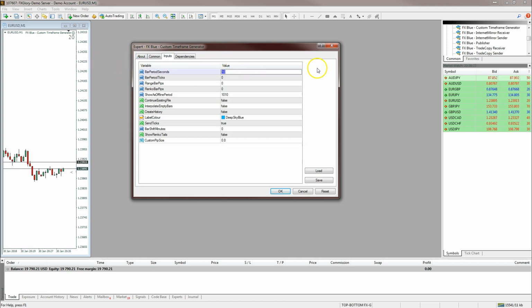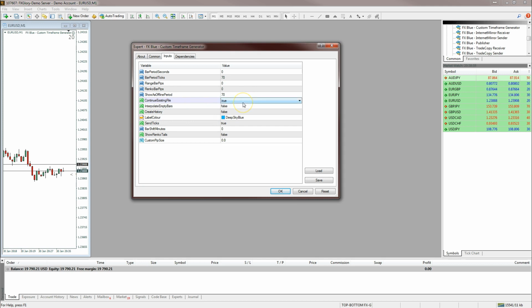Now in this instance we don't want seconds, so we'll set that to 0. What we want is ticks, and for the Bob Volman method it's 70 ticks. I do know that 233 ticks is very popular, but what we're interested in is 70 ticks. And then just for continuity I put 70 there as well, which is the offline period. What this will do is create an offline file. Now what I do here is I set this to true,